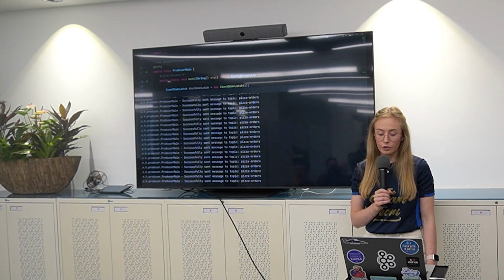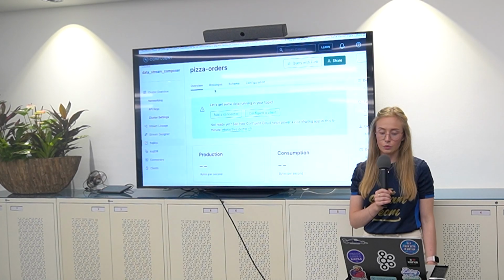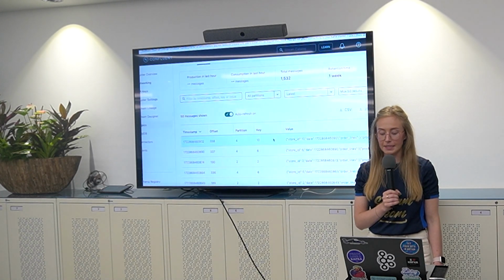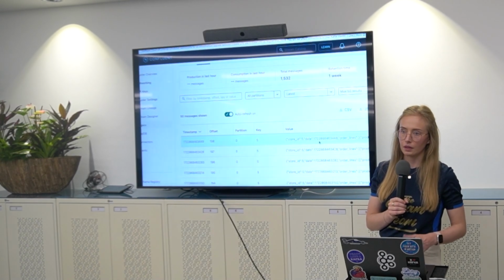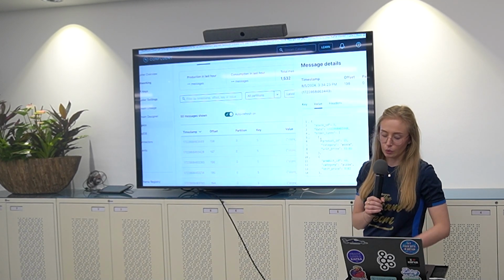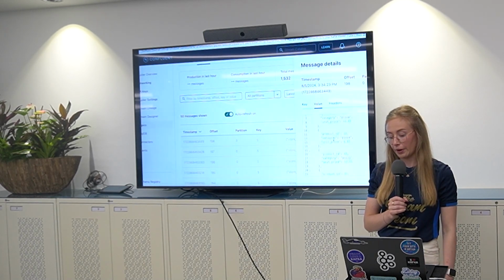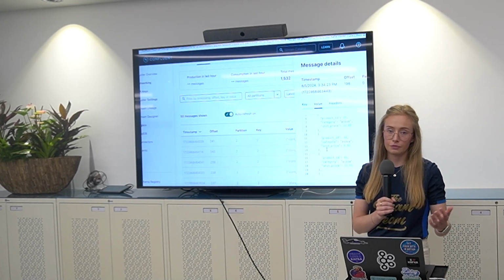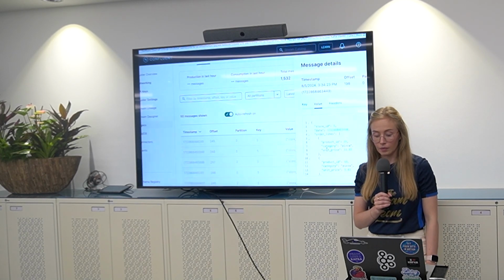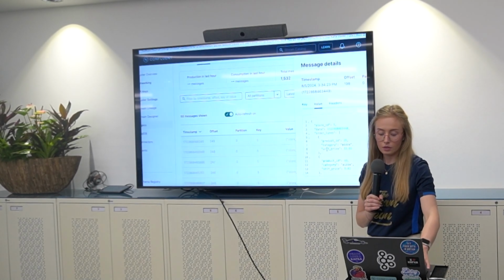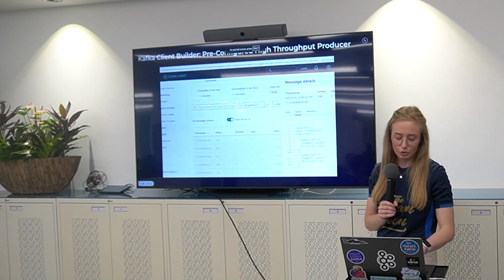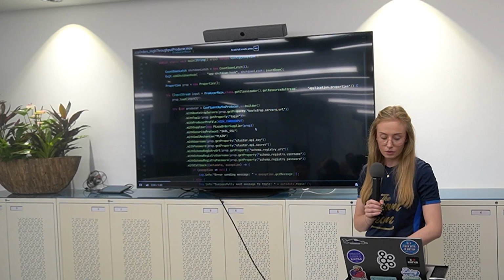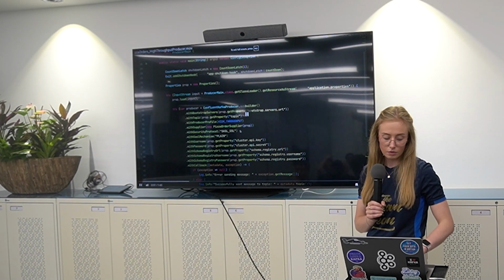So now if we go to Confluent Cloud, you will see those messages coming in. You can see the store ID, the date, the order line, so you can see if it's a pizza, a dessert, you can see the total amount, the unit price. And from this, that's not all you can do. You can filter by store ID and so on. But for now, we've just left it as producing everything. So now that we have produced,